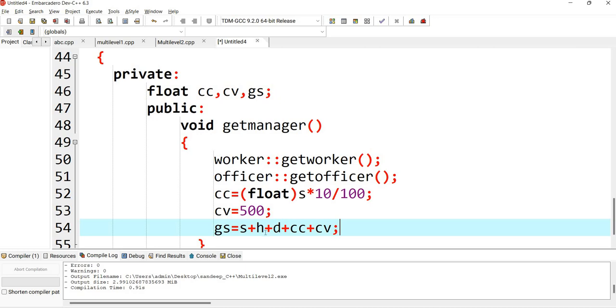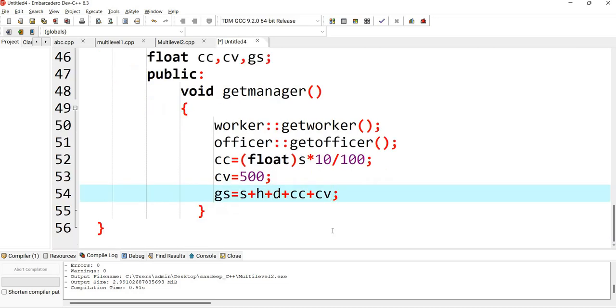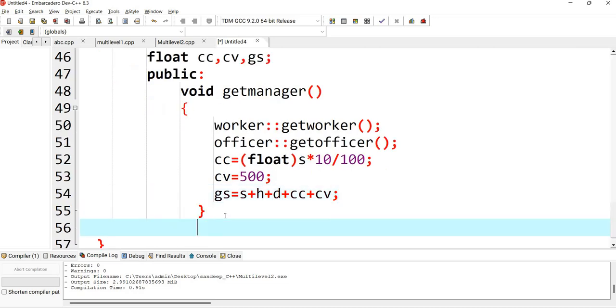Then salary, HRA, DA, city conveyance, and the conveyance will be added for getting the gross salary.